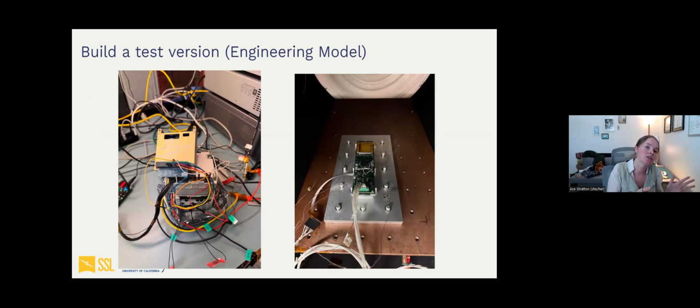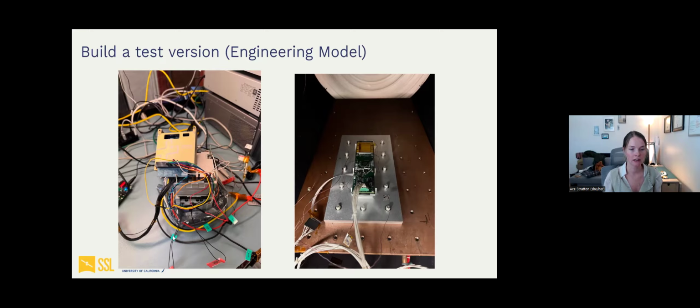So then you move on to building a test version. This is called the engineering model. You basically build a replica of your flight model and you break it. You try your hardest to break it, because if you know how it breaks, you can fix it before it breaks again. So engineering models are used for our most rigorous testing, and used to do the most dangerous testing. So anything where you think, oh, this genuinely might break it, do it to the engineering model first. In the best case, you won't destroy it, and at the end, you still have a really useful engineering piece that I'll show later.